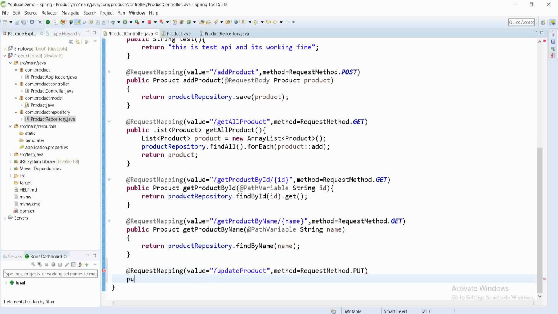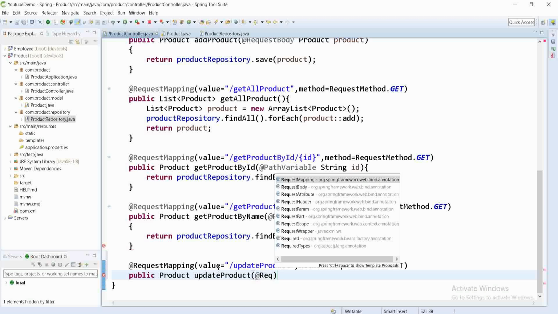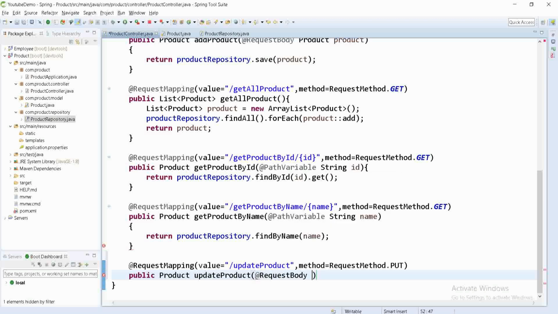Now public, it will return the updated product, so Product, and then the name of that method, updateProduct. Now here we have to pass one product, so we will take that using RequestBody. The type will be Product.